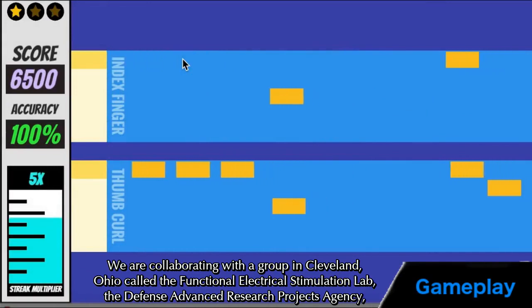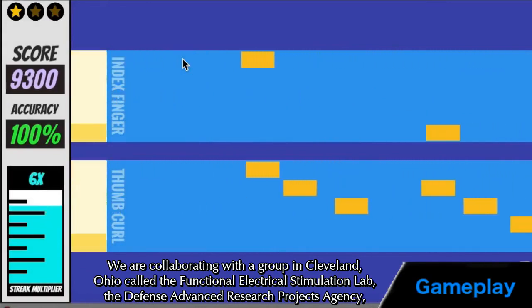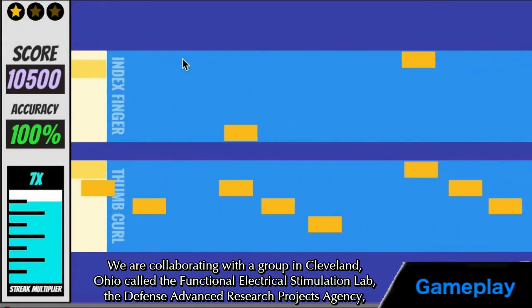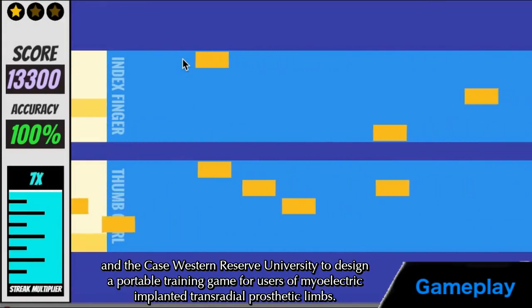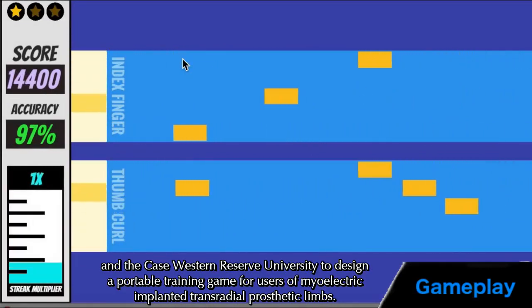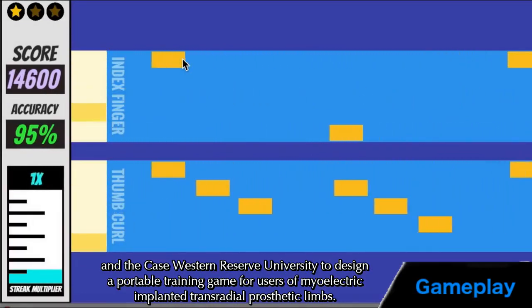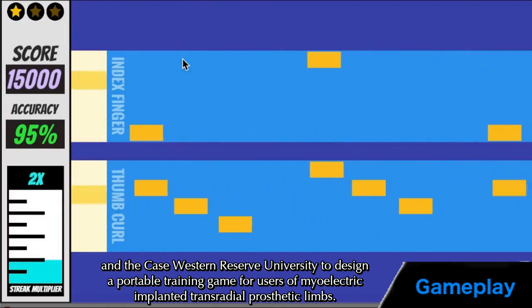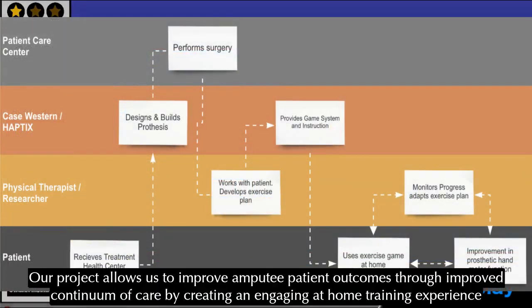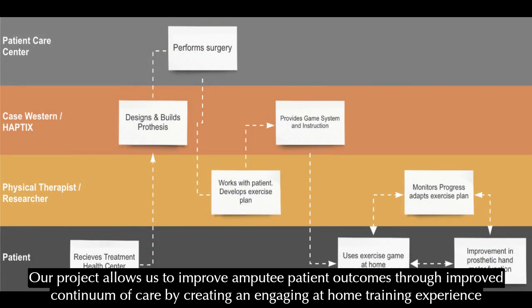We are collaborating with a group in Cleveland, Ohio called the Functional Electrical Stimulation Lab, the Defense Advanced Research Projects Agency, and Case Western Reserve University to design a portable training game for users of myoelectric implanted transradial prosthetic limbs. Our project allows us to improve amputee patient outcomes through improved continuum of care by creating an engaging at-home training experience,